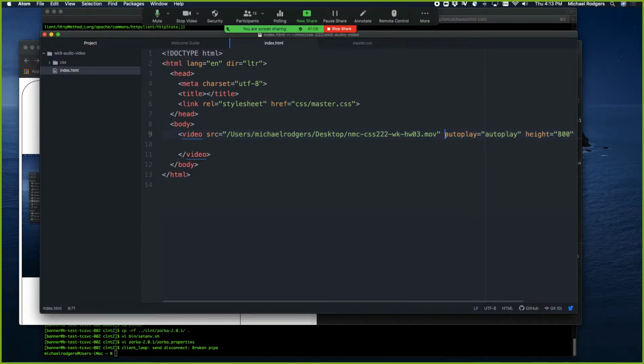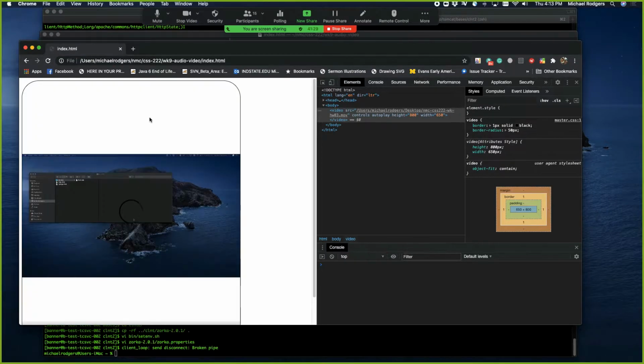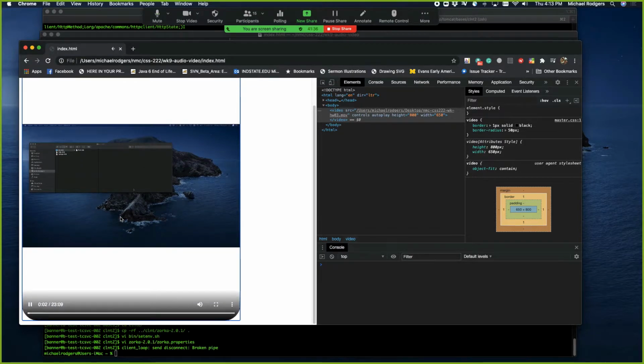Ah, I bet you have to have the autoplay along with controls for that to work. Let's see. We'll take this back out. Yep. And that works. It automatically